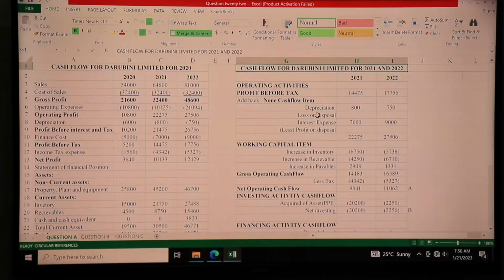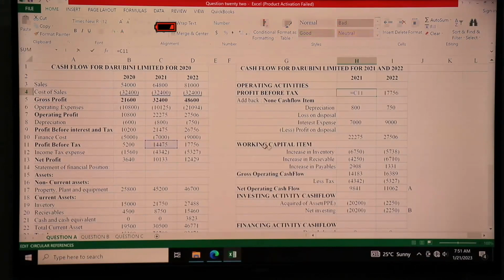So if I'm supposed to take here, for example, the profit before tax, it is supposed to be somewhere here in the worksheet. And you are supposed to refer to that cell, the cell where the profit before tax is, which you can see somewhere. And you can actually see that because that is profit before tax for the year 2021. You can see it somewhere there. Then the same thing, after referencing that, you proceed to reference the next. And you proceed that way, referencing.